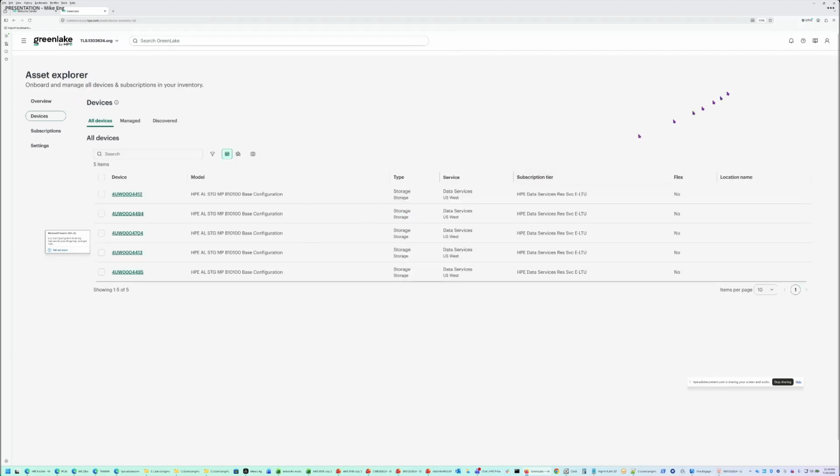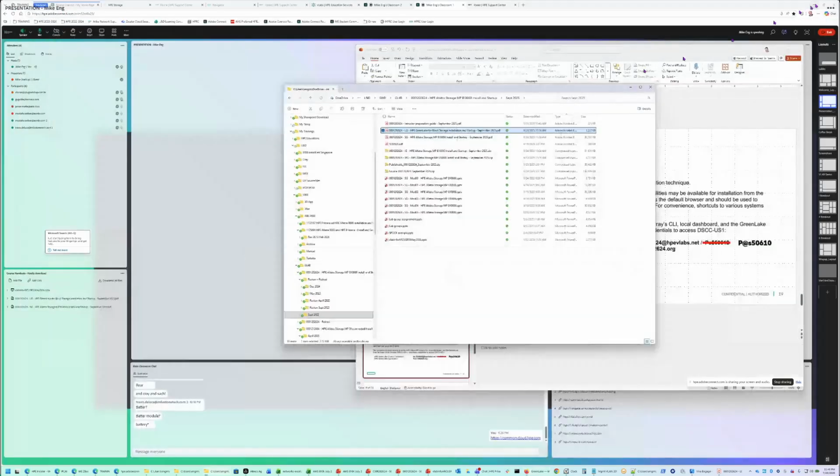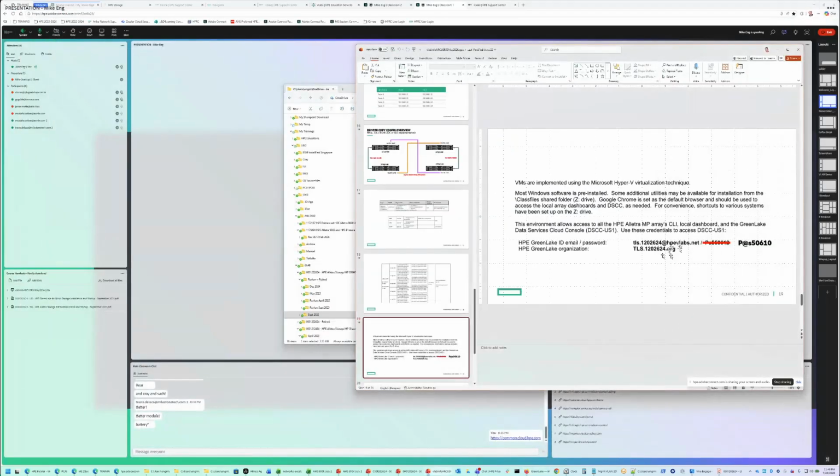Right? So you don't have to do this in the lab exercise, right? So this is the login, okay? Now,